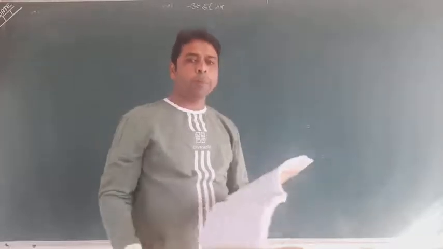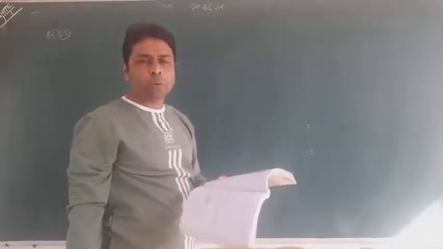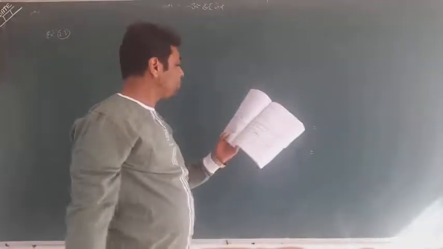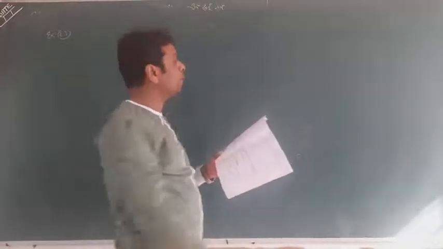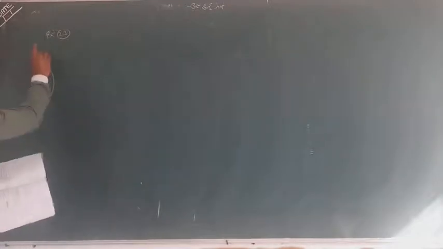We have one word problem I want to share with you here. Example number 23. This is only the hope that you can make all the questions of the exercise easily. Example 23 is: find the equation of the curve passing through the point 0, 1.